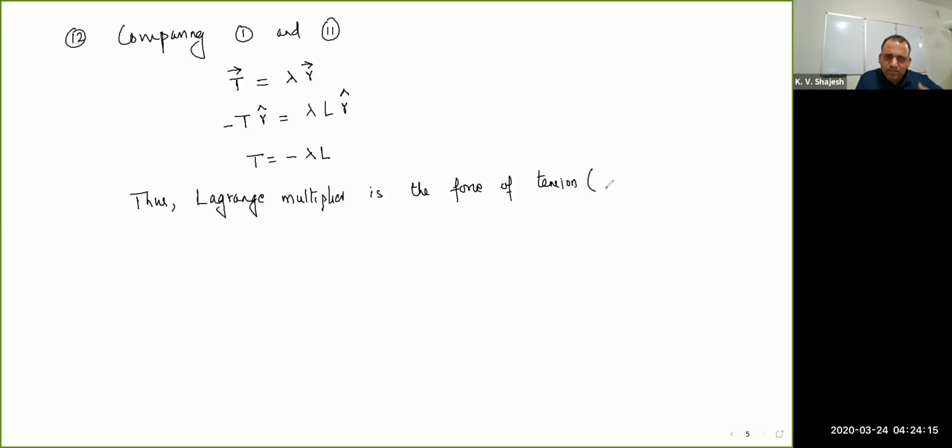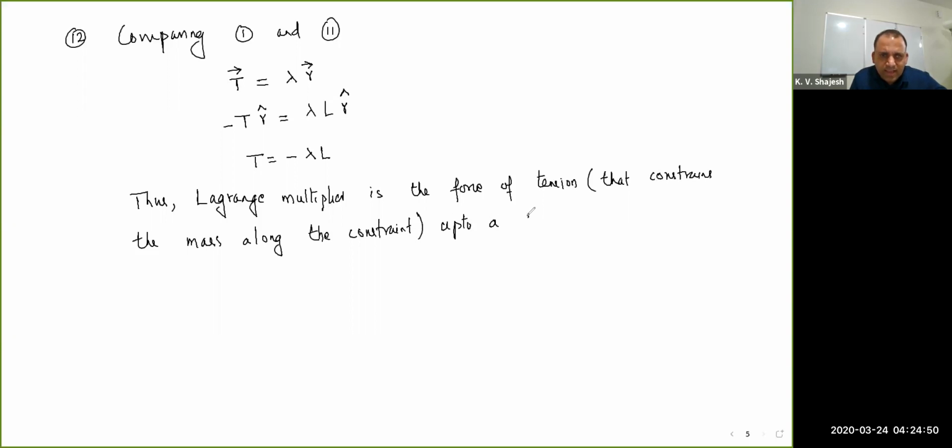It is a constraint force, a constraint that constrains the mass along the constraint, if you want. It's a dummy statement in a sense. It is a force, thus the Lagrange multiplier is the force of tension up to a scaling factor